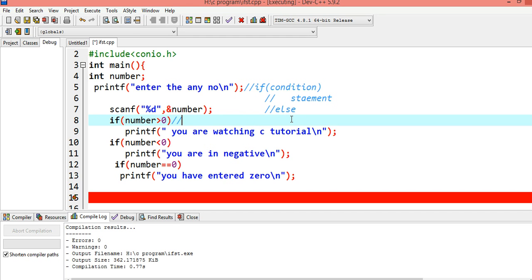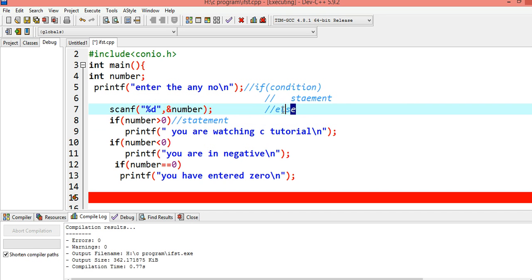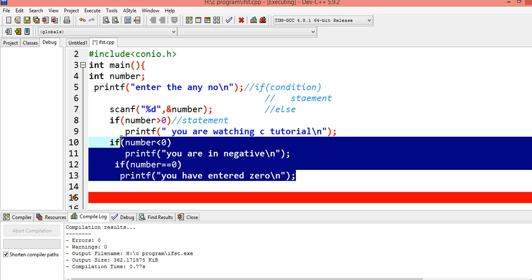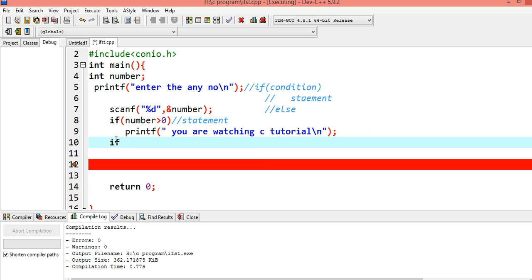Okay, this statement will be executed. If the condition is true, then it will execute. If its condition is false, then the else will execute. Okay, let us see how it will work.